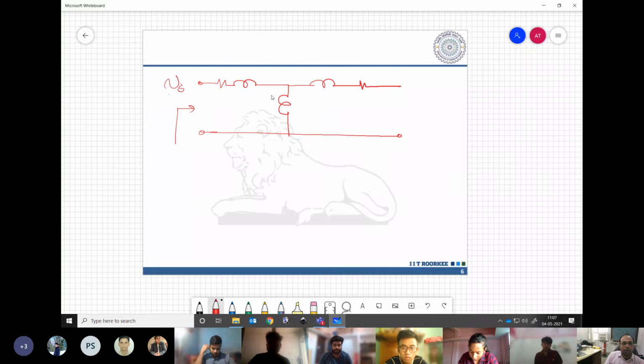So we have input supply on both the sides, assuming that it is a general induction motor. I am not seeing a squirrel cage as of now. So keeping that in mind, we have supplies on both the sides. Let's say wound rotor or the doubly fed induction motor. So this is how it is. Now the currents are also indicated on the respective sides.